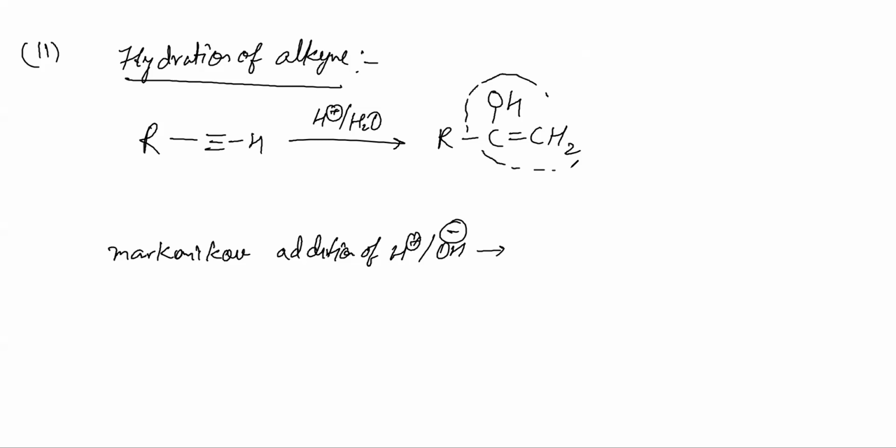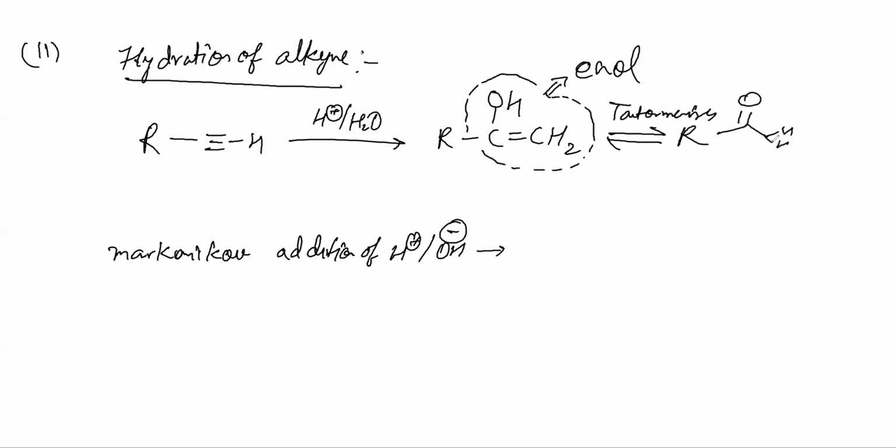Now see, I hope you understand this is enol. Medium is acidic. So enol gets tautomerized to keto. If you don't want to make it like this, you can make it by attaching 2H, 2OH, no problem. But it will be better if you show tautomerism. Okay. So you would get this thing as a product. Instead of H plus H2O, you will generally find they are writing this.